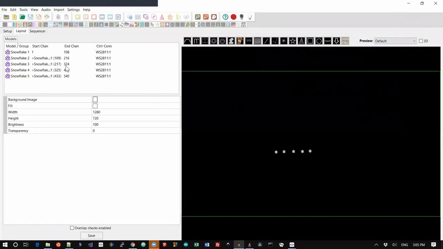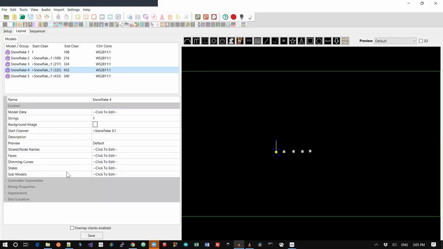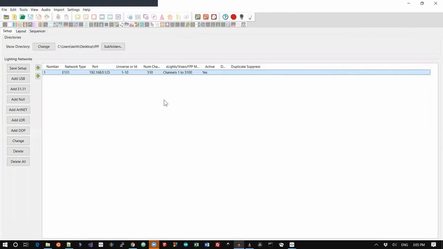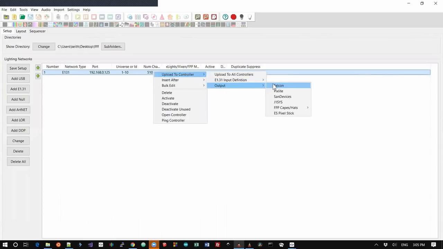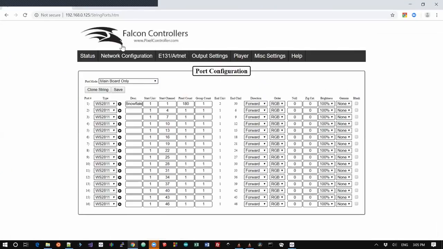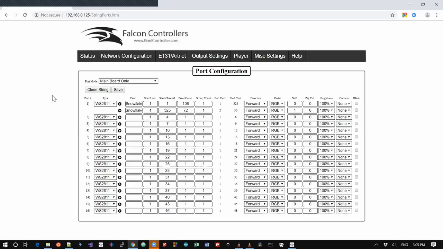Now, let's imagine if I wanted to, between, I don't know, 3 and 4, add a null pixel. Now, in these new controller connection properties that have been introduced, there is actually that sort of setting here. So we can come into here and say, well, on Snowflake 4, there's actually a null pixel before it. And if we come back to our setup tab and we upload to our controller, to the Falcon, we go, yep, that looks good. And we go back and we refresh the page here,